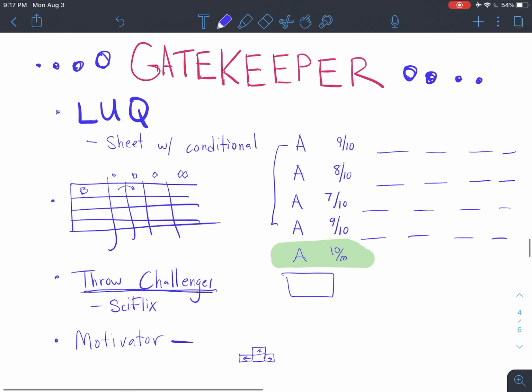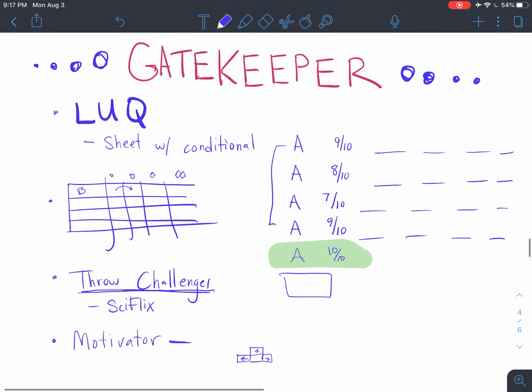So that's a way that I look around and monitor the classroom in a very formative way to see who's not quite on task, who's not doing the tasks as they're being asked on the website. And then that's my opportunity to go meet with those students and try to figure out where they're at. And also maybe they just are confused or need some help on one of those assignments. So whether you're throwing challenges or being the motivator, it's really important that we know where the students are so that we can be that motivator or the gatekeeper throwing some challenges.